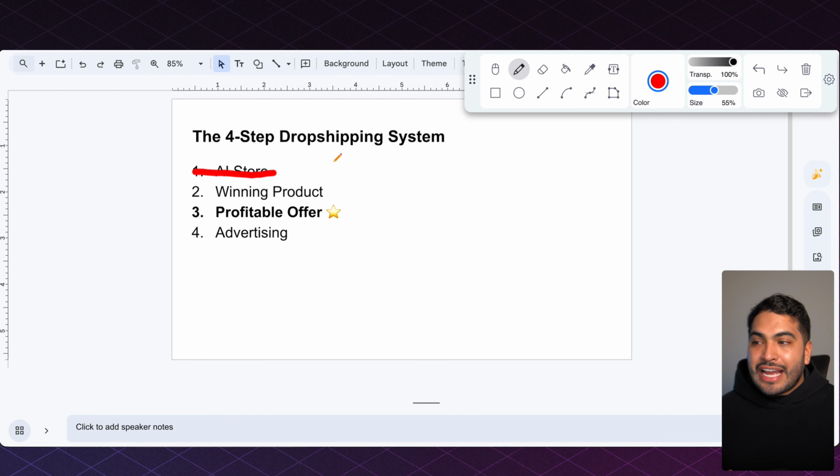So now that we set up our AI store, we found our winning product, and I showed you guys what a good store design looks like. Now let's talk about the most important part, and that's setting up your offer, because most beginners build a store, add one product, run some ads, and hope that it sells. And they might get a sale, but at the end of the day, after their ad costs, they might not